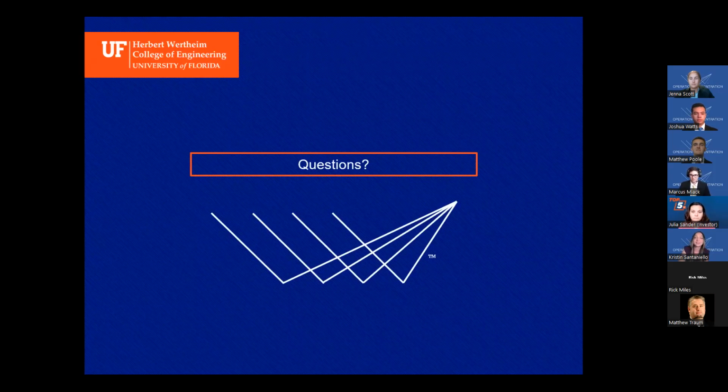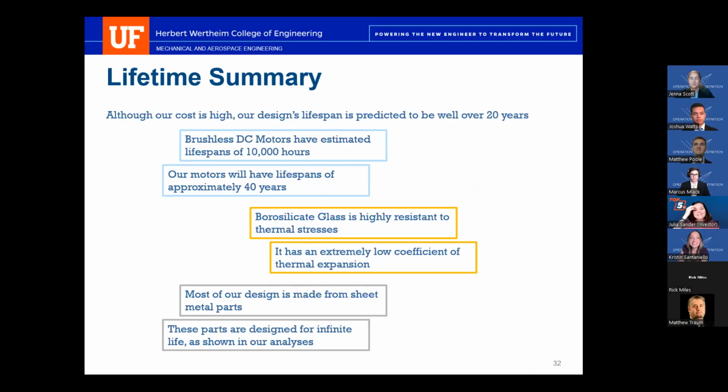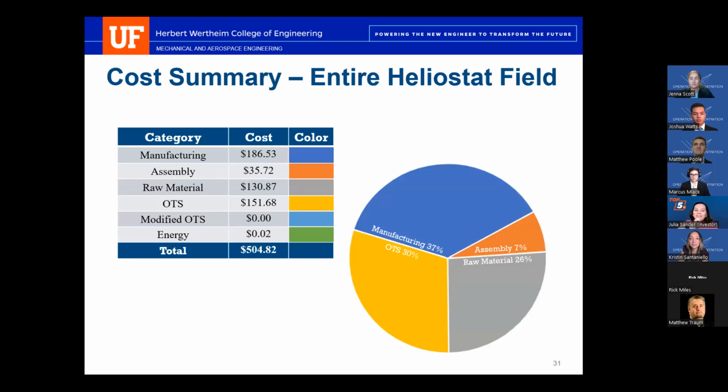Any questions? Okay, I would like Julia to go first. Yeah, you would. Go back to the cost slide, please. So I believe the customer requirement was $100 per meter squared, right? Is this saying that this is $504 per meter squared? Yes. Okay. So if I was an investor, truly, I would have already signed off this meeting. To be 100% honest,